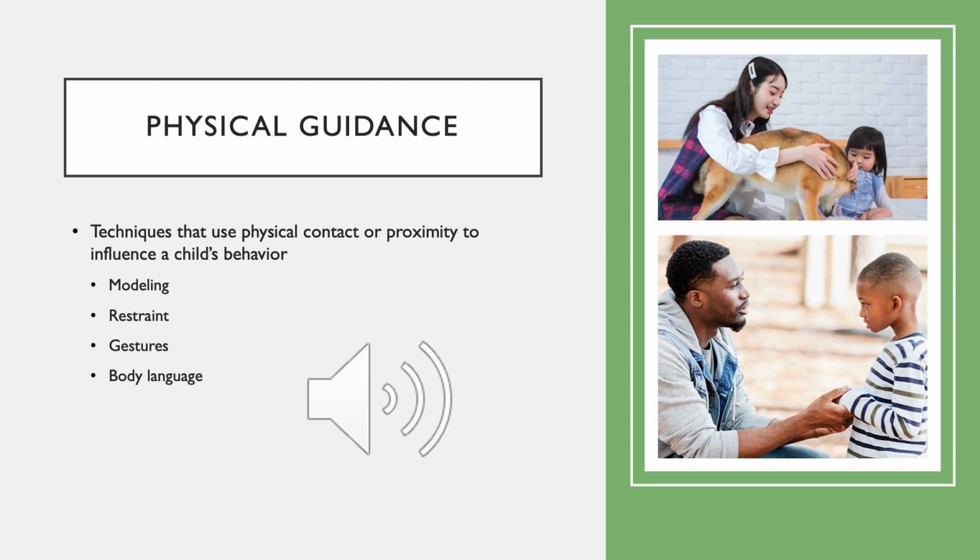So you'll notice in the second image here, we have an adult and a child, and the adult is lower at the child's level and they're using their hands to hold the child's hand. So we're using a variety of different types of strategies here. We might be using appropriate restraint and body language. So my body language here when I'm low at the child's level is indicating to them that this is a more serious conversation. I need them to be in close proximity to me. We might be talking about something that is a safety concern, or just reminding them or checking in of,